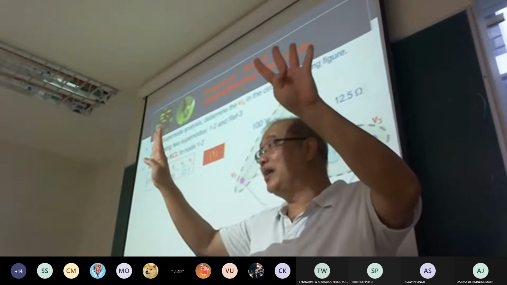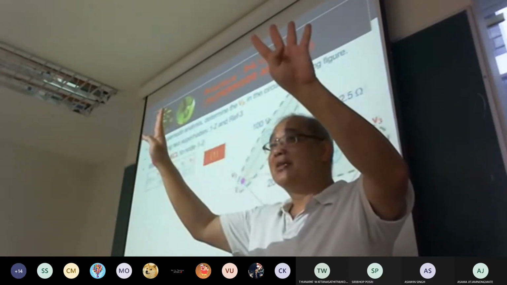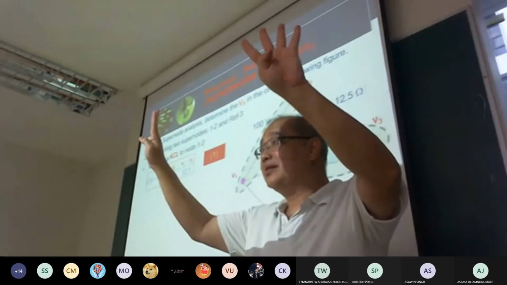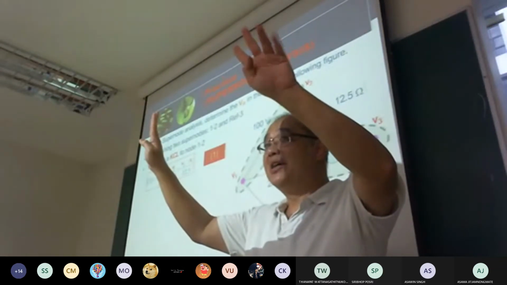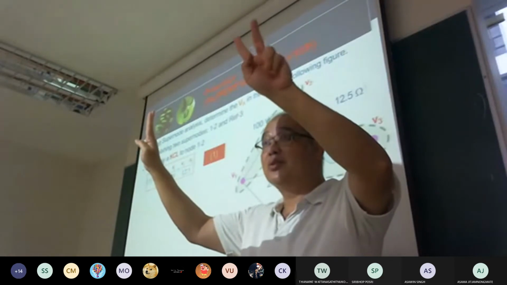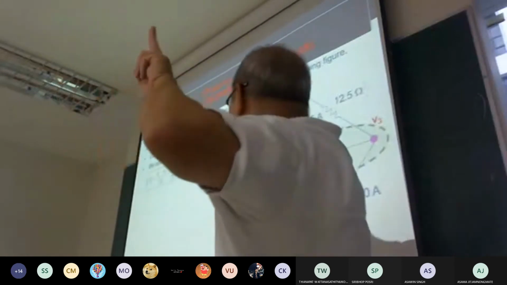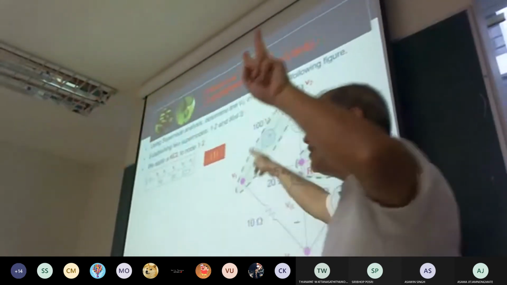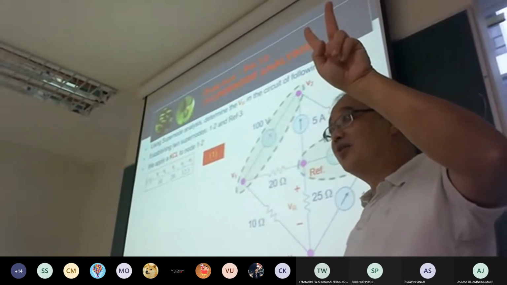But in this case, unfortunately, you have 2 voltage sources. If you have 2 voltage sources, how many supernodes do you take? 2 supernodes, right? When you apply the supernode, the number of KCL equations will be reduced. Therefore, in this case, you get 2 KCL equations, at supernode 1, 2 and at node 4.